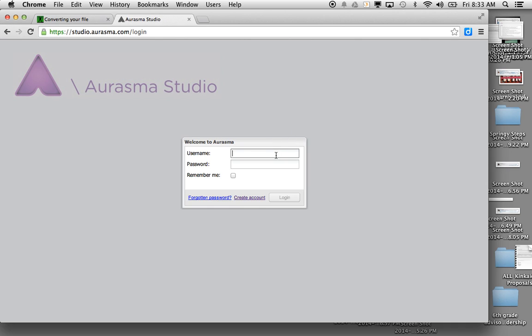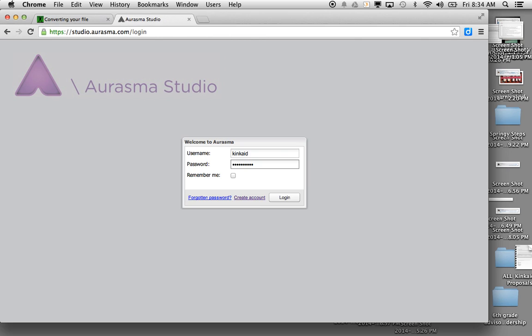Studio.aurasma.com, and we're going to log in. Now, this is where your digital citizenship is going to come into play. We're going to be using a common username and password, and actually this is my username and password that I use for a number of projects I've done at school. And so it's very important that you understand that this is a shared space, that we're working together with other people and other students collaboratively to create this really cool channel of auras. And so you need to make sure that when you're going in there, you're respecting that and you're using it responsibly. So Kincaid is the username, and